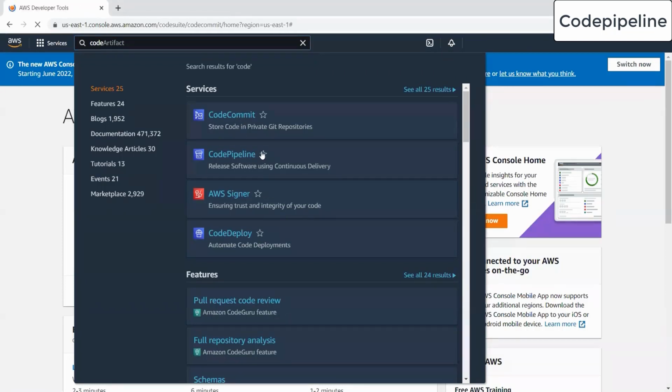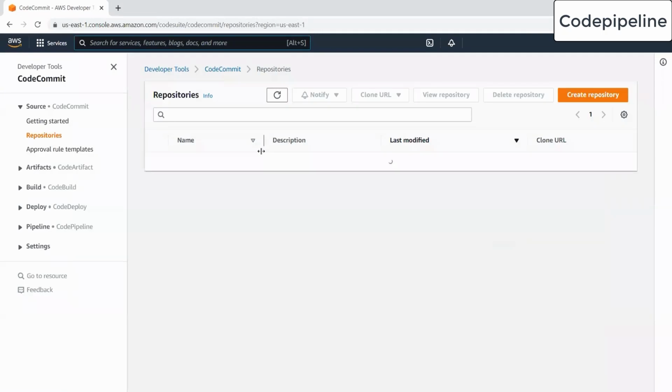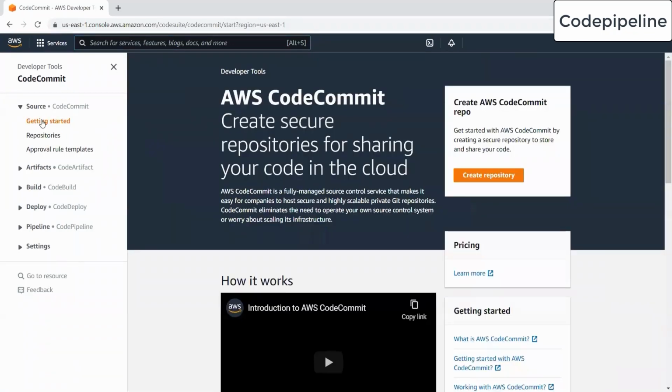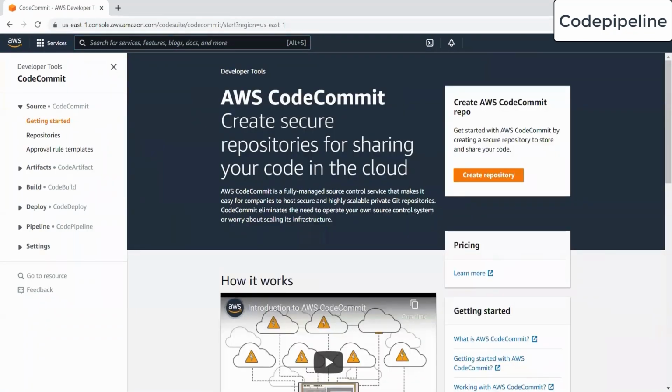CodeCommit is the service that we'll be using to create a repository. Now here, I'll just go to this Get Started screen. This will give you the overall information about AWS CodeCommit. It clearly says AWS CodeCommit will help us to create repositories for sharing the code in the